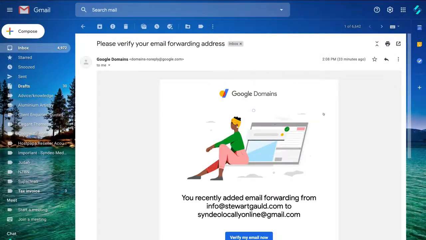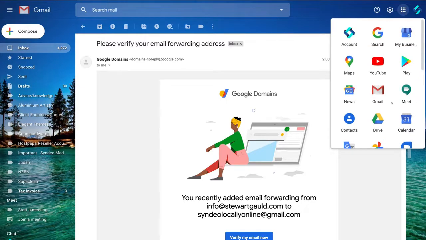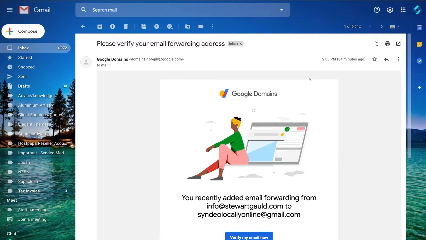Okay, so here we are at our Gmail account. Now, if you don't already have a Gmail account, I highly recommend you create one. Gmail is amazing, it's free to create, and then you have access to dozens of free applications and software for your business and productivity. So when you've logged into your Gmail, all we need to do here is head over